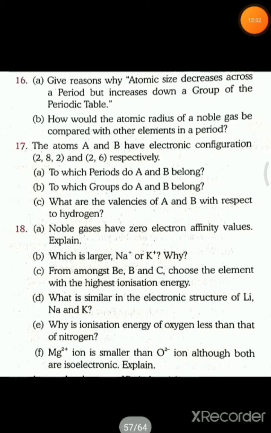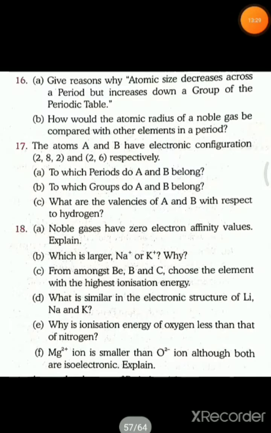and another thing, isoelectronic means what? Isoelectronic means they have the same electronic configuration, but here they don't have the same electronic configuration, but they have the same valency, that is 2. Okay, so the important thing is, with increase in the nuclear charge, the size decreases. That's why your magnesium ion is smaller than your oxygen. Okay, then your next question,